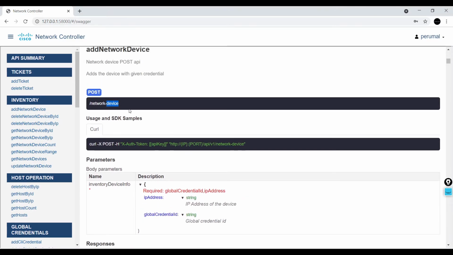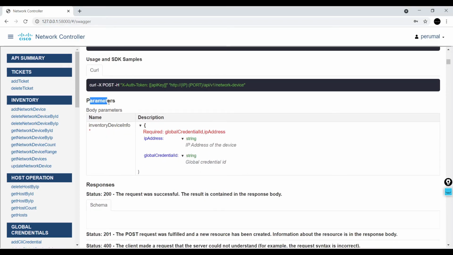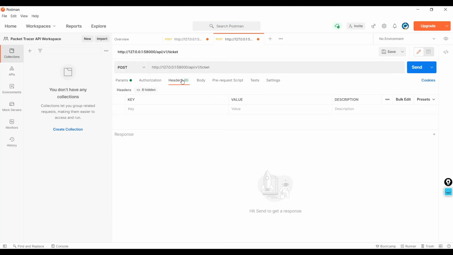I have to use the POST request, and in the body of the parameters, I need to add the IP address of the device and the global credential ID details. The request is a POST request, and in the header key I need to choose X-Auth-Token and the token value. I need to add this,